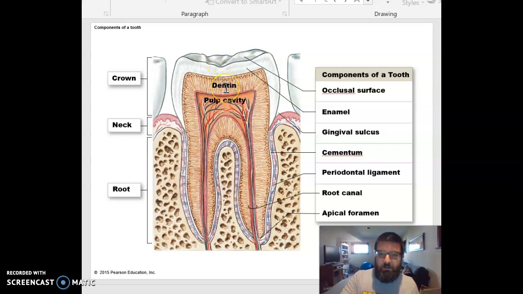Below the enamel, you have a thing called dentin, and this is made up of living tissue. And below that, you have a cavity, a pulp cavity. And this is where all the blood vessels and nerves are, right? So it's important for keeping the rest of this alive. And to get blood vessels to that pulp cavity, you have a canal that goes through the root. It is called a root canal, and it's full of blood vessels, but also